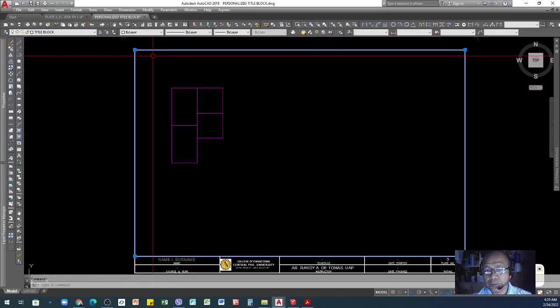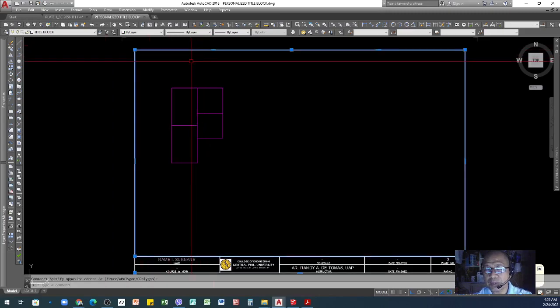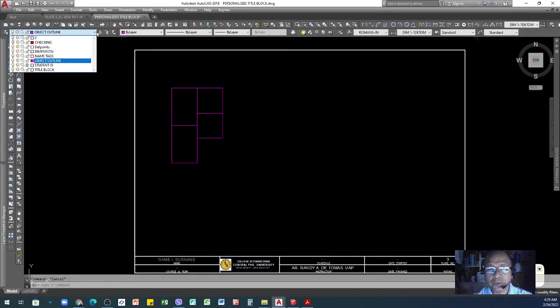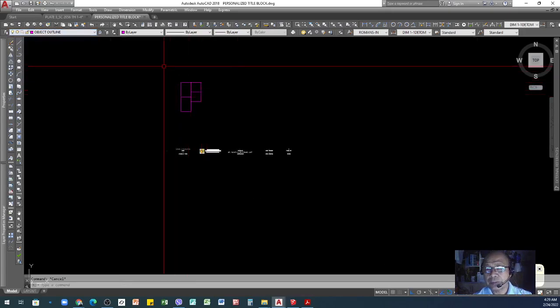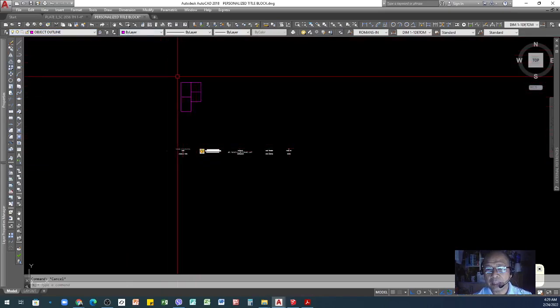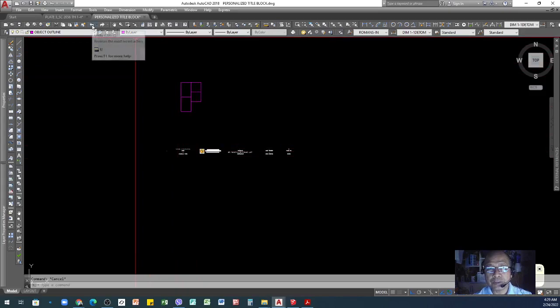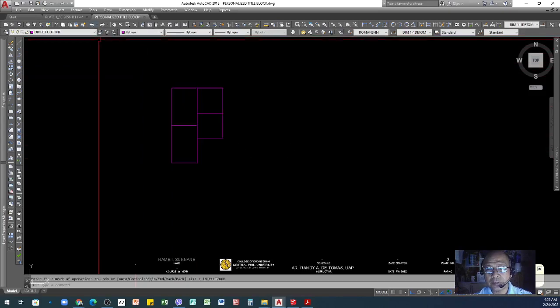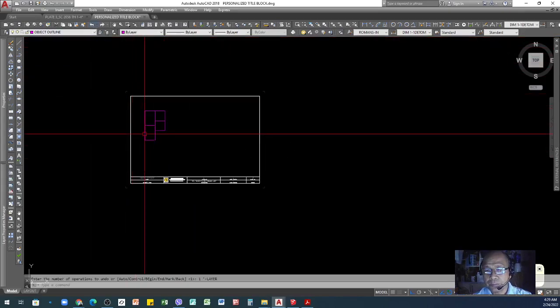Now if you don't want the title block to appear on your screen, all you need to do is click this one, which turns your layer on and off. If I click that, then enter, see my title block is gone. Okay, that's how layers work in AutoCAD. So I'll undo that to put it back.